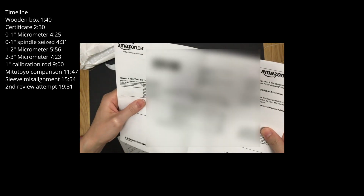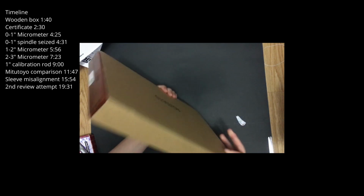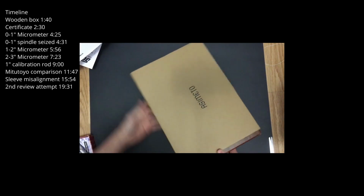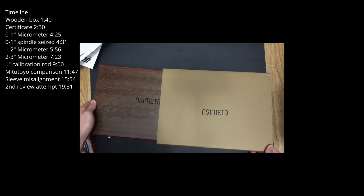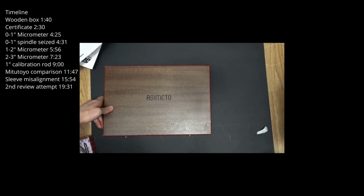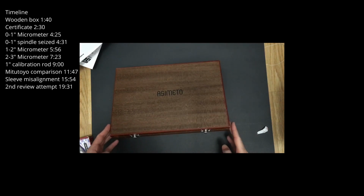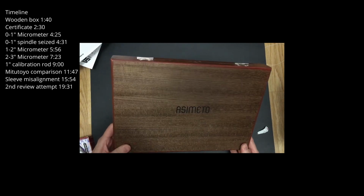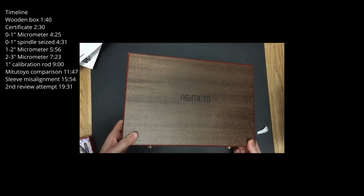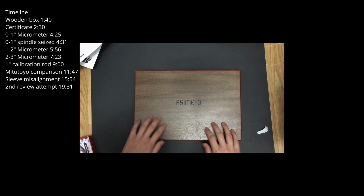And alright, let's see what's inside. So it's basically not very well packed, I mean protected, in a sense. So the box inside, actually I'm surprised that the box has a finish on it. Usually it's just straight wood without any coating applied, but this one seems to have a coating, which makes it special and feels quite nice too. There's the brand,